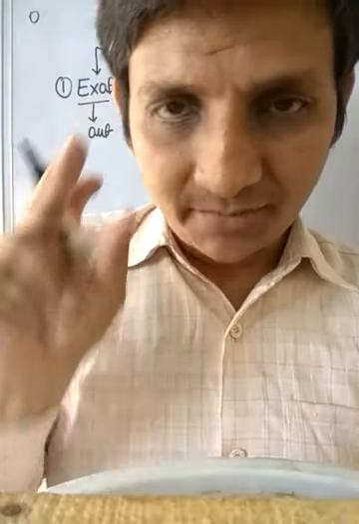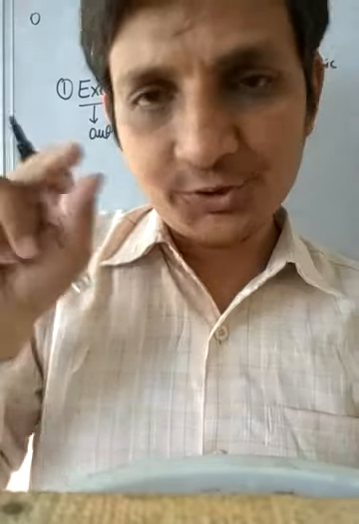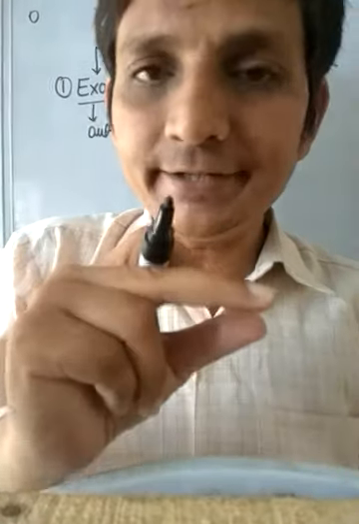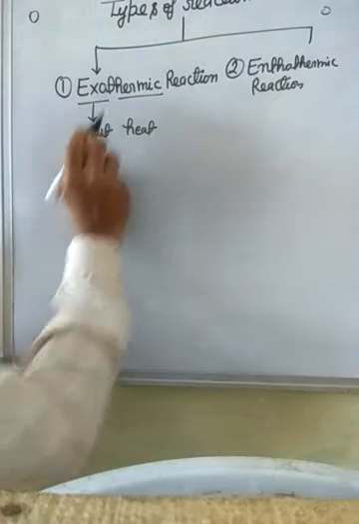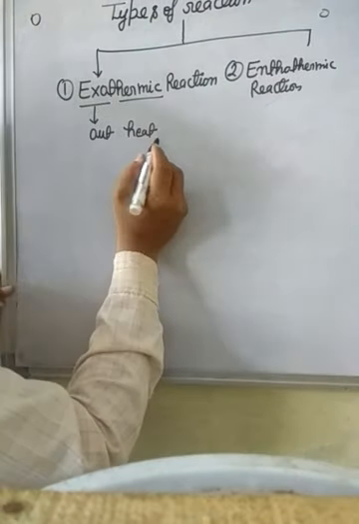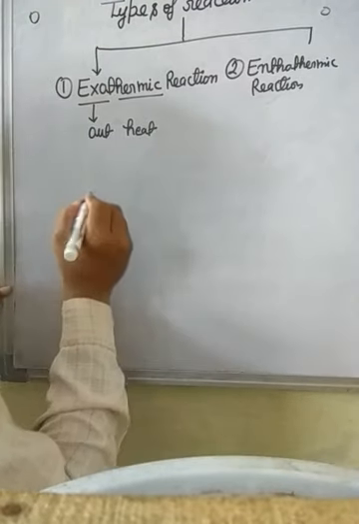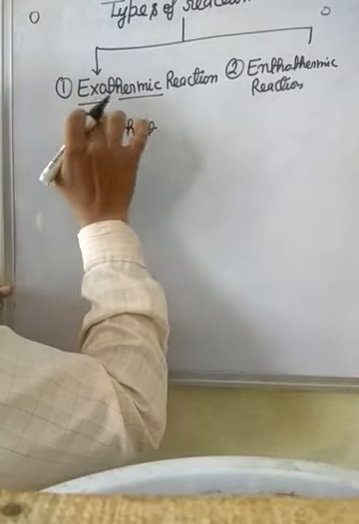A chemical reaction in which heat is given out is called exothermic reaction. Look here. Exo means out, thermic means heat. So definition is